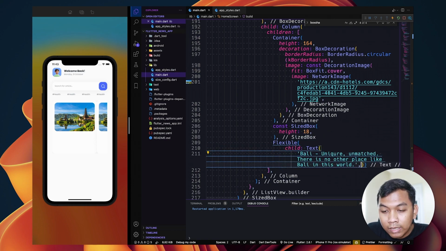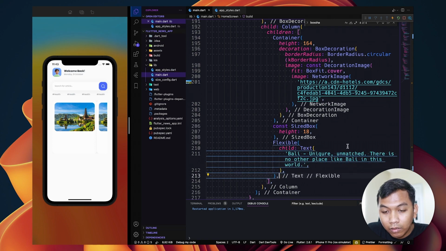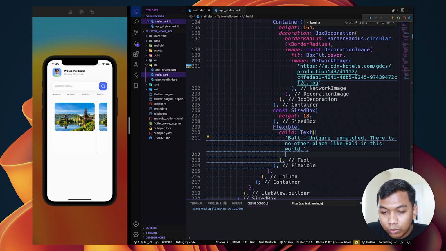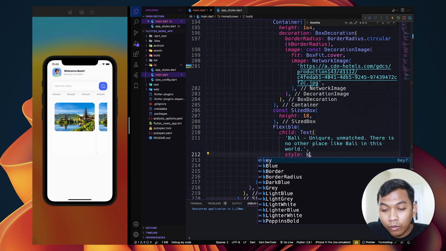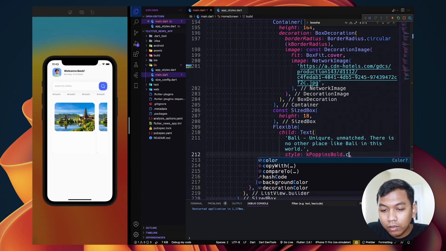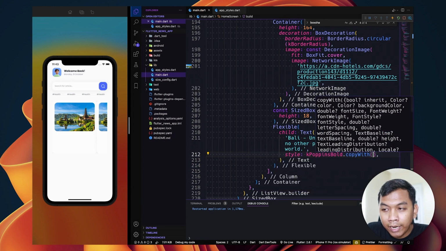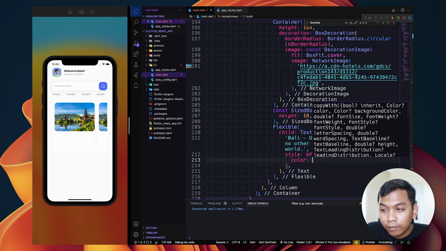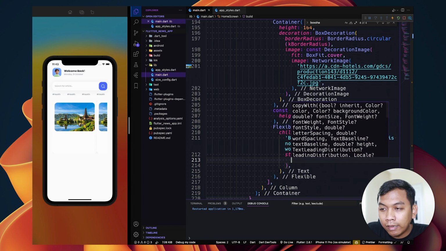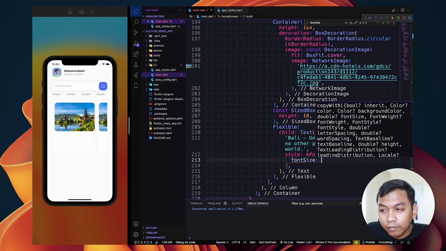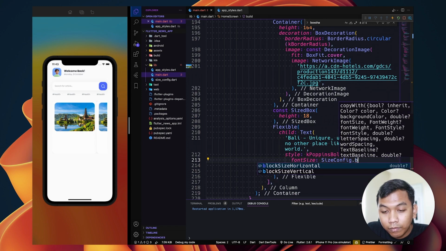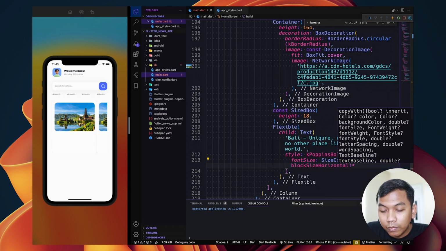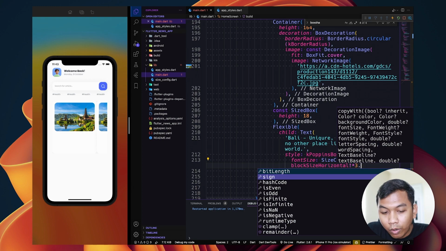And here we need to say style, and we will use bold, but we need to change the color, maybe not color, font size will be size box change to 3.5.